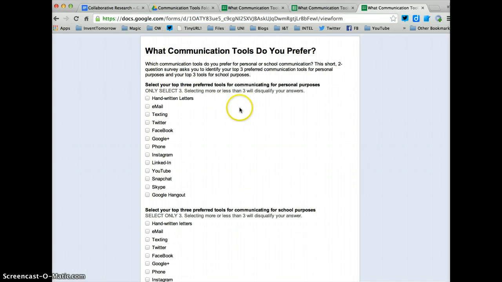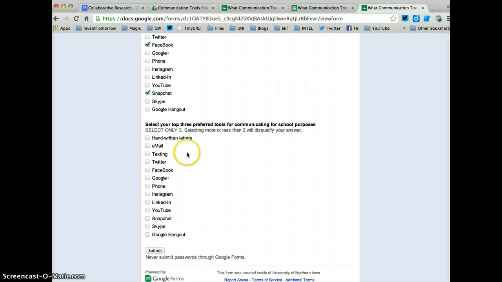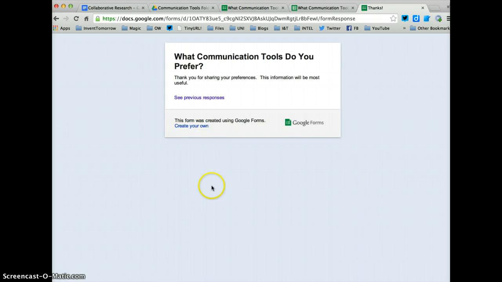And this is where they will go through. And let's say that we're going to answer this. If I'm going to be communicating with my friends, I want to use Facebook, I want to use texting, and I want to use Snapchat. And if I want to do things for school, we'll use email, we'll use Twitter, and we'll use the phone. Okay, so we can submit this, and you'll notice that what it says is it has that alternative text